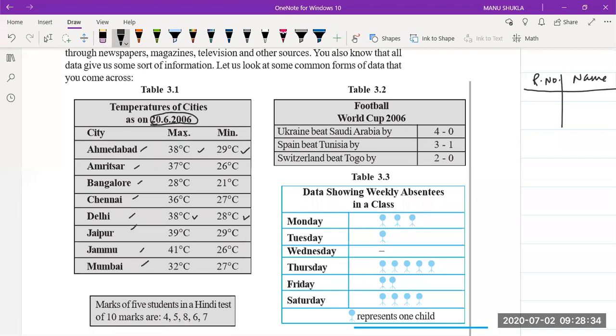Okay, now tell me which city is having the minimum temperature on that day. Jaipur, says Kushal. Okay, 29. Bangalore is minimum. Someone is saying 21. Very good. Kanishka, Bangalore. Parth, Naina, Bangalore. Very good. So now you are able to understand the tabular format simply.